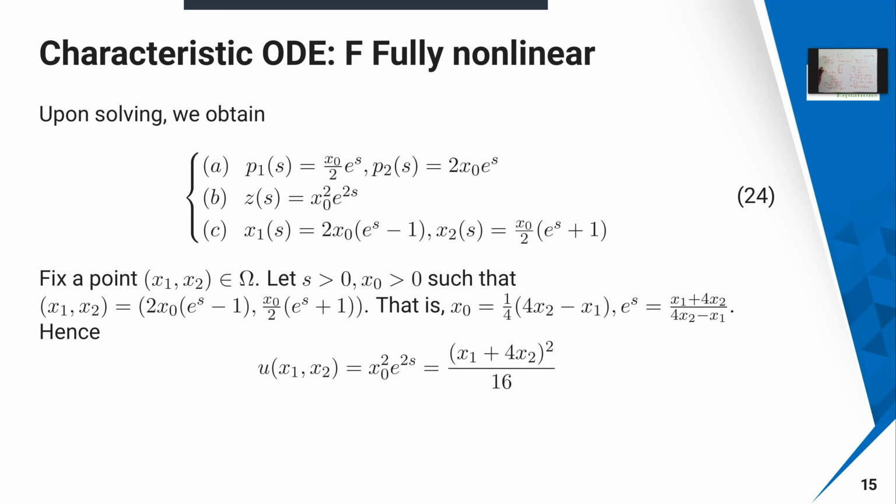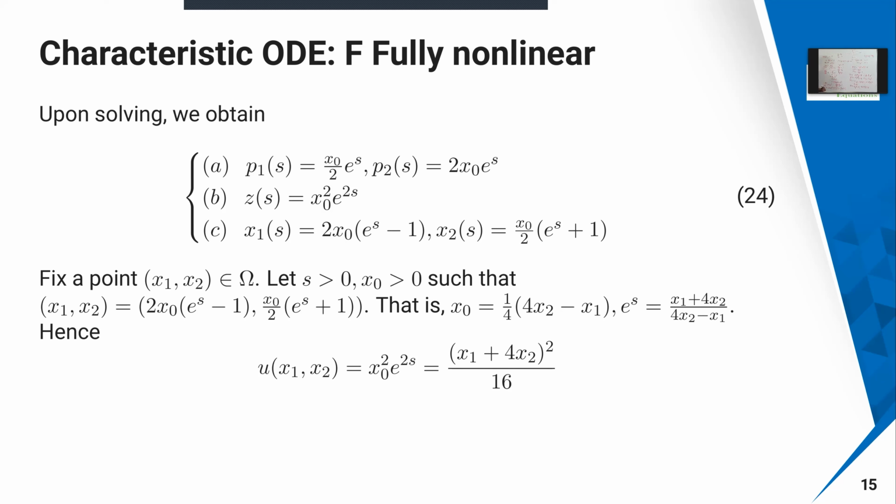So therefore, if I subtract it, or if I add it, I can add that, or I can subtract. So let us see what should be done. So 2 x naught into e power s, if I subtract, this is going to vanish. Then you are going to get 4y minus x, which is simply 4 x naught. Therefore, x naught is going to become 1 by 4 into 4y minus x.